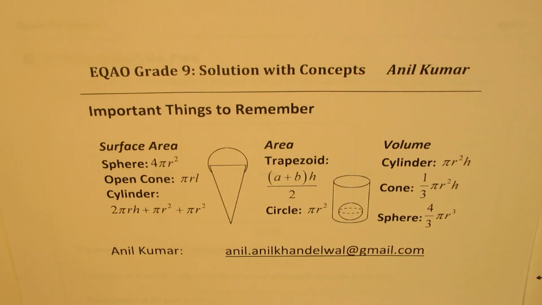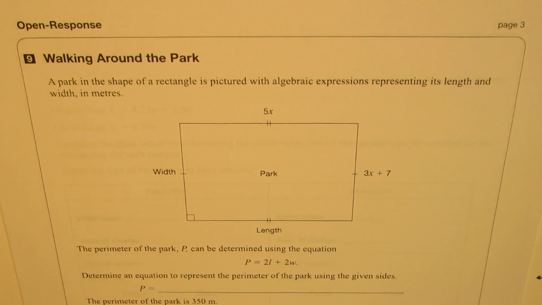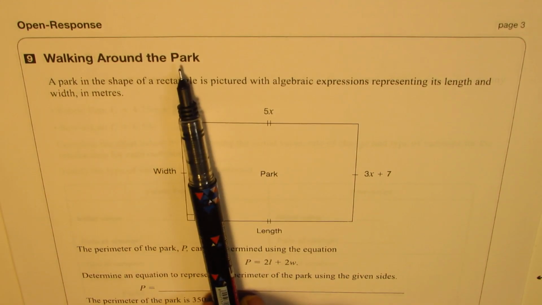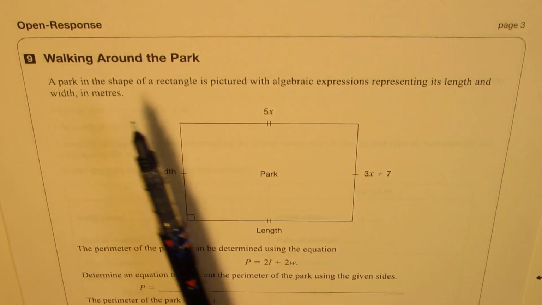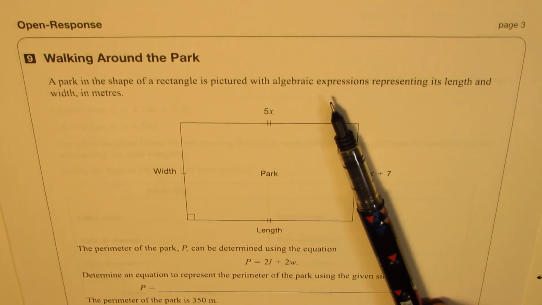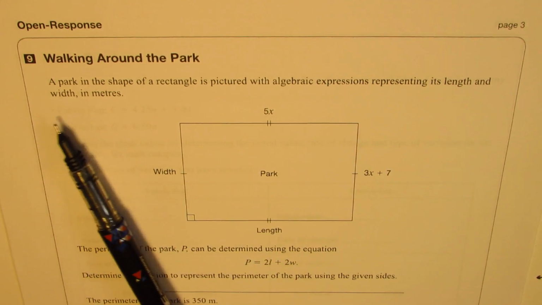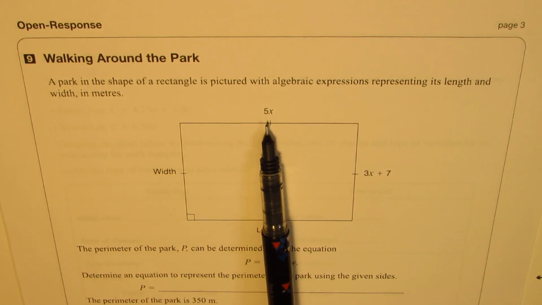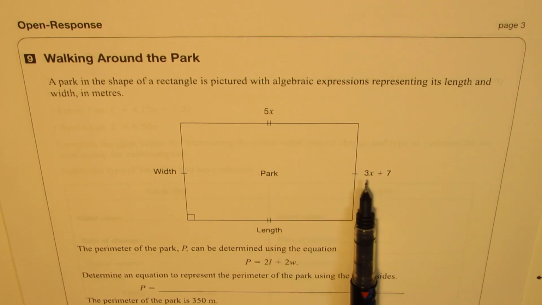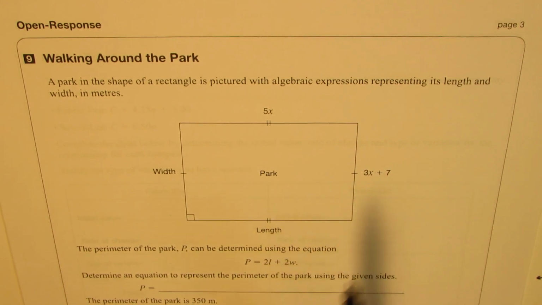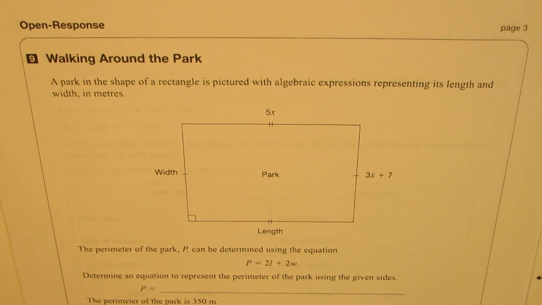We have taken up the 2017 test paper and we'll discuss open response questions now. The very first question is question number 9, which is walking around the park. A park in the shape of a rectangle is pictured with algebraic expressions representing its length and width in meters. So the length is 5x and the width is 3x plus 7. So that is the park. Now the question for you is,